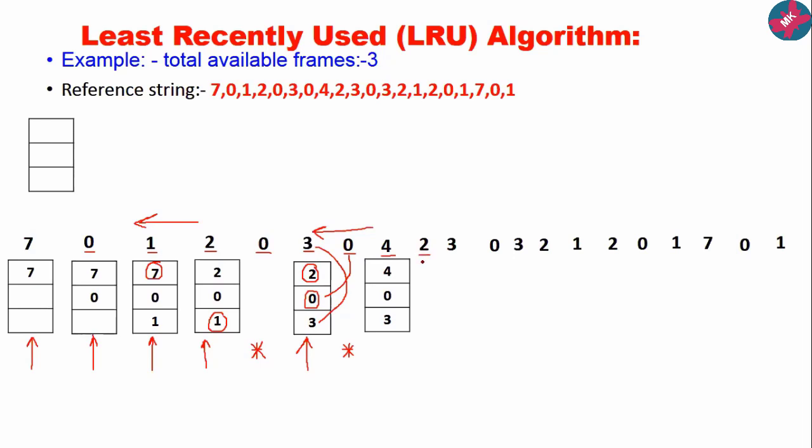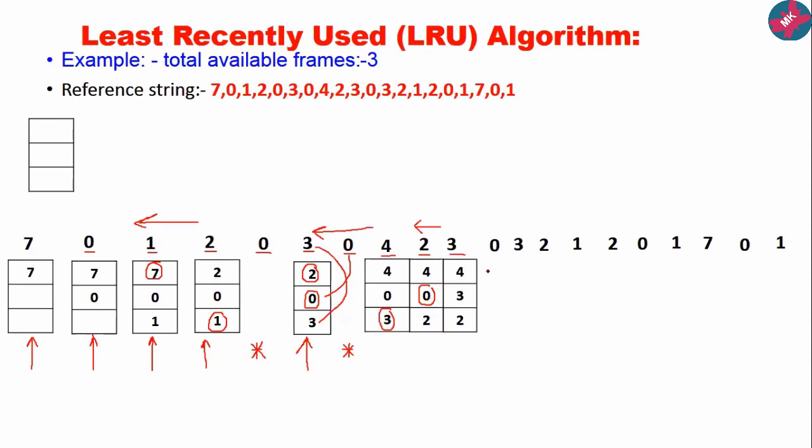So now observe here, 4 was recently used, 0 was recently used, so 3 was least recently used, isn't it? So we will replace this 3 with 2. Then consider the next page number, this is 3. Consider the contents, again I will look backwards. So 2 was recently used, then after 2, 4 was used, so the least recently used is 0. So this 0 will be replaced by 3.